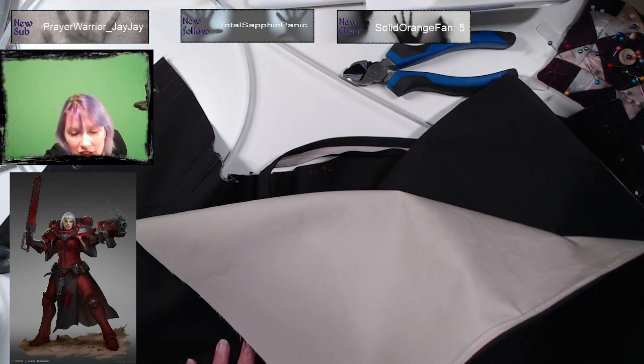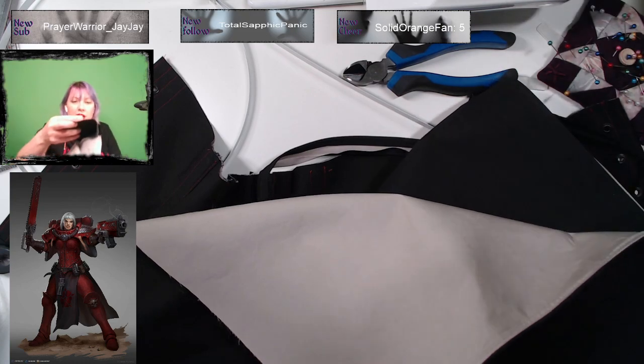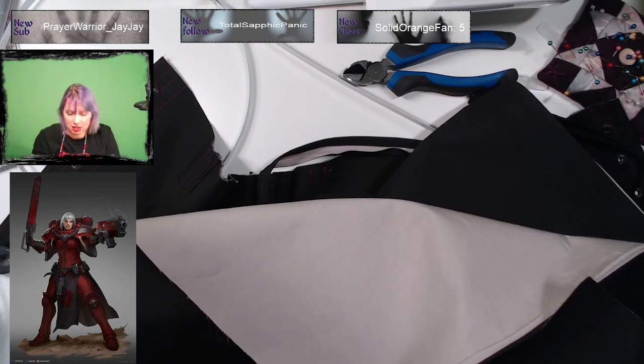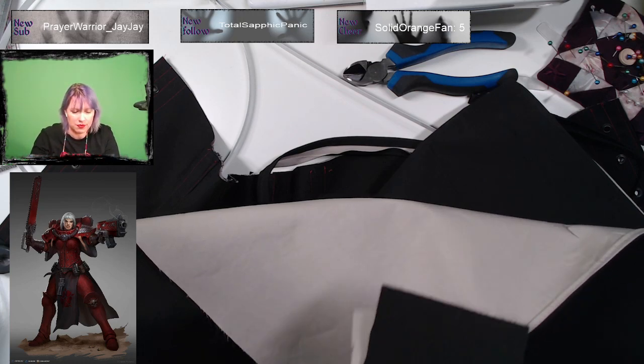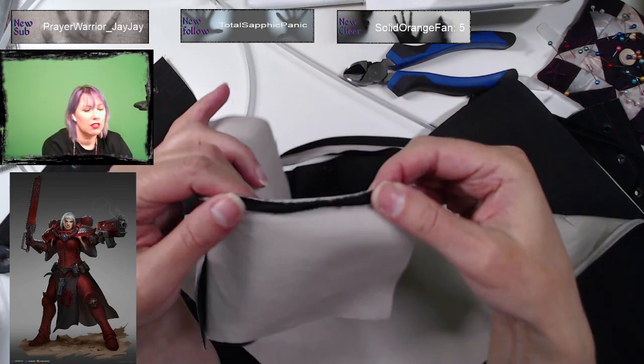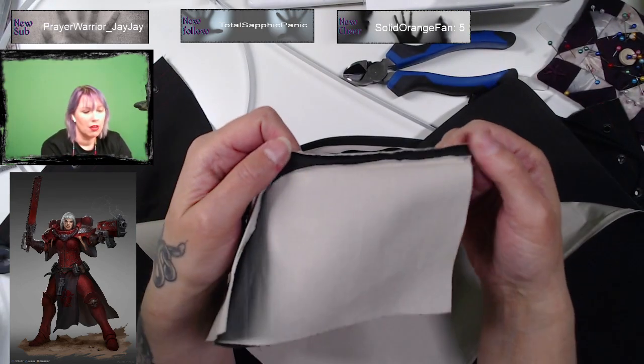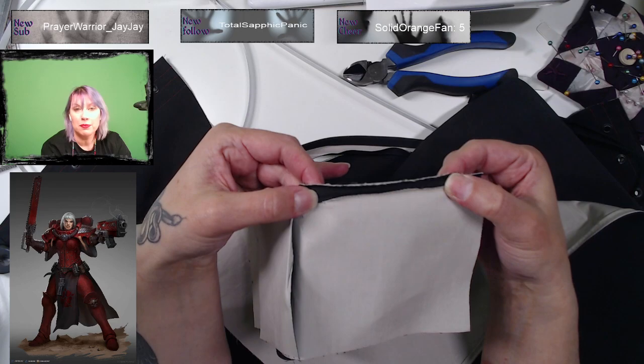Have I got my tester here? Yeah, so I made a normal seam.